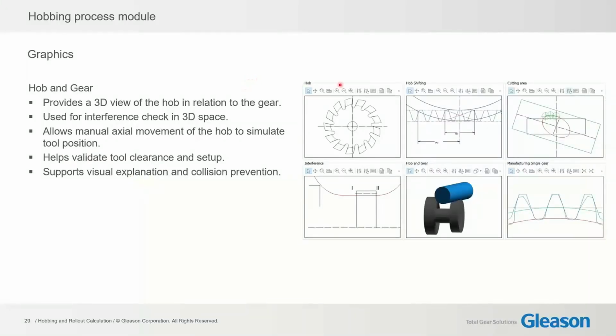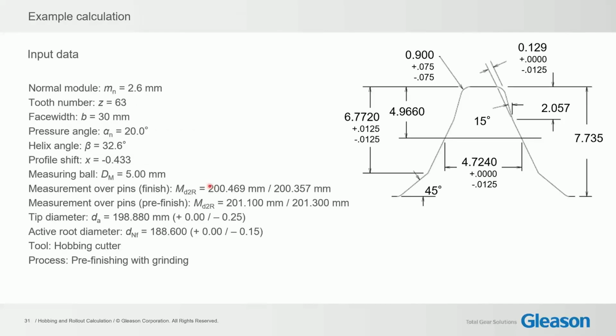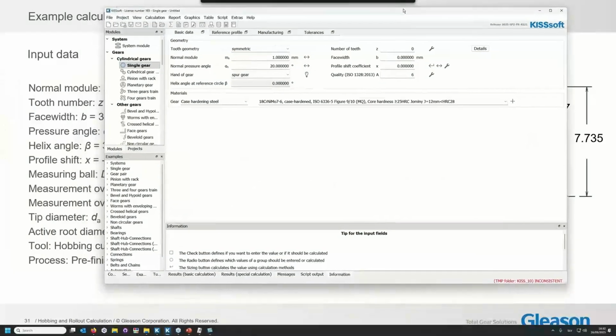There are some graphics available like the hob and the cutting area, some basic 3D representation of the interference if we have one. So this gives just a bit better visual explanation of the process itself. Now we go to the example calculation. I have here a short example that we will now use in